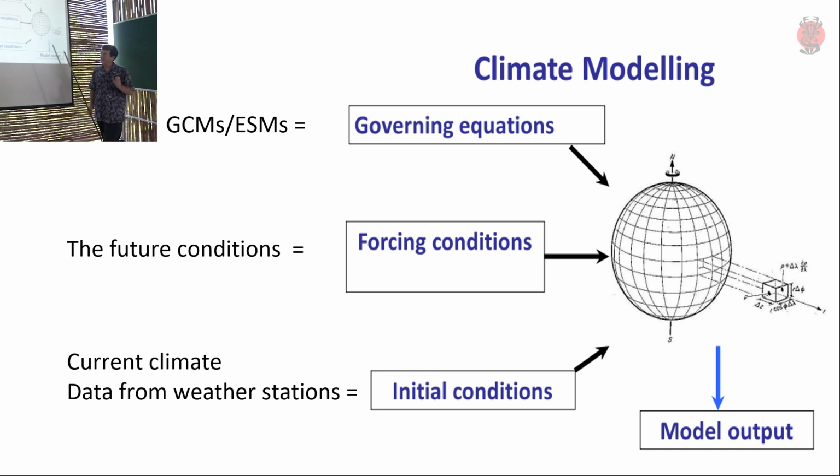And because no one knows what the future is going to hold, they have created a range of possible scenarios. Part of the confusing thing is that the scenarios' names change under every single report. Okay, so previously we were talking about RCPs, now we're talking about SSPs, and next year I don't know what we'll be doing, okay? They'll probably have changed again. But they're just scenarios of what might happen.